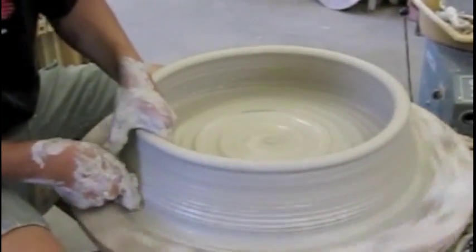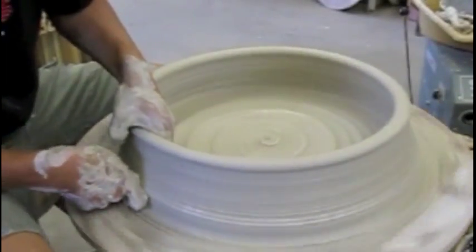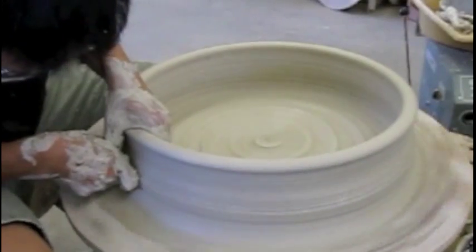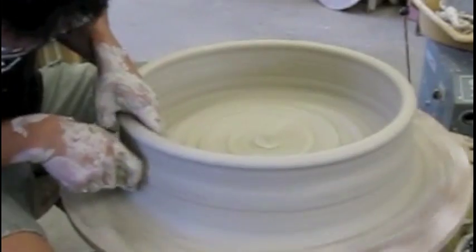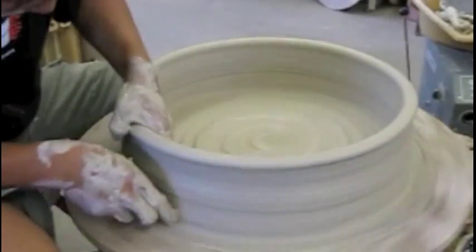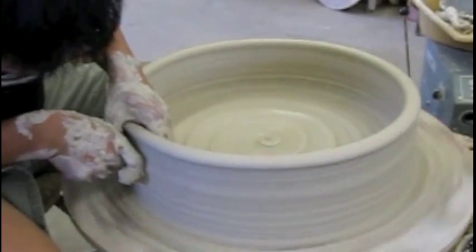Outside. Pressure at the base here. So the clay is coming off. Pressure in. And we bring up the clay. Nice and even. Clay came off. Here. Start again. Clean that up a little bit. Push in. Up all the way,